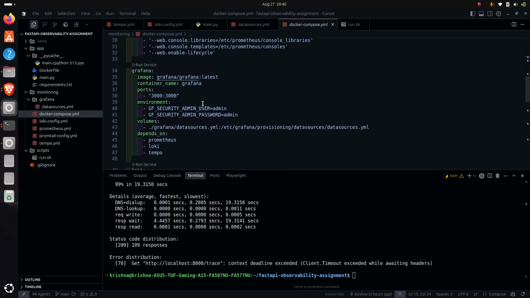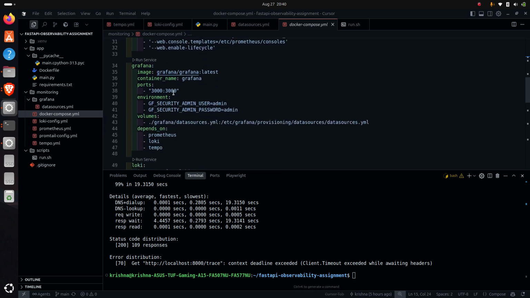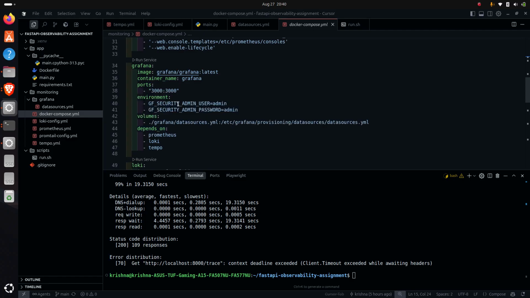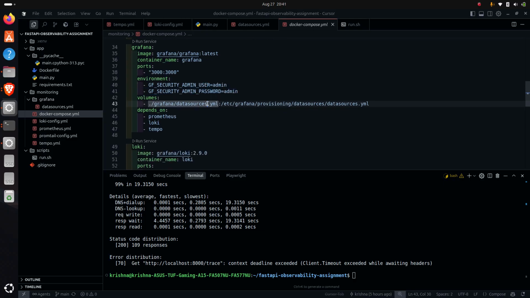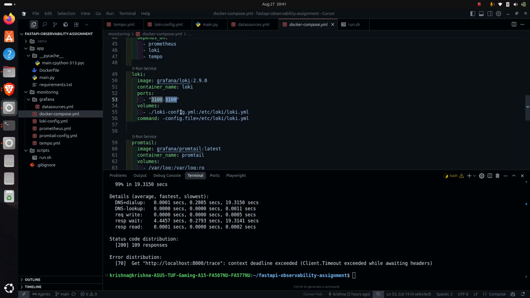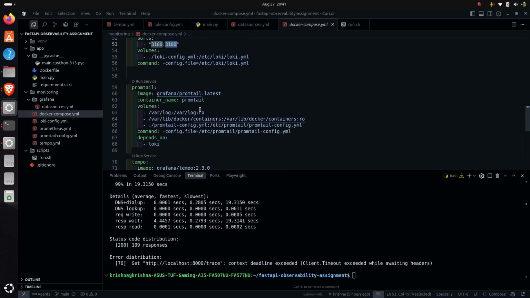For Grafana, it exposes port 3000, and it depends on Prometheus, Loki and Tempo, which means Prometheus, Loki and Tempo should be running before running our Grafana. And it creates the environment with admin as user and admin as password. Same for Loki, it exposes 3100, and Promtail exposes